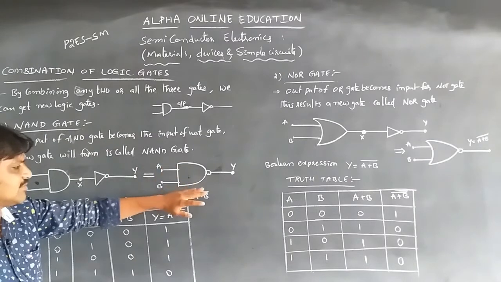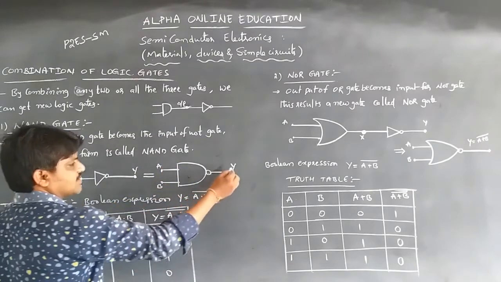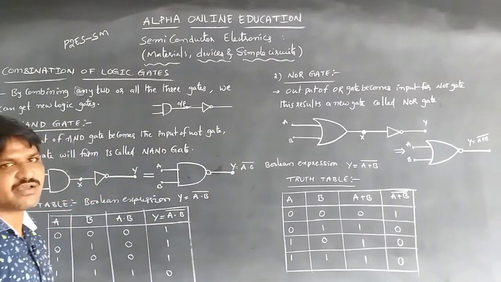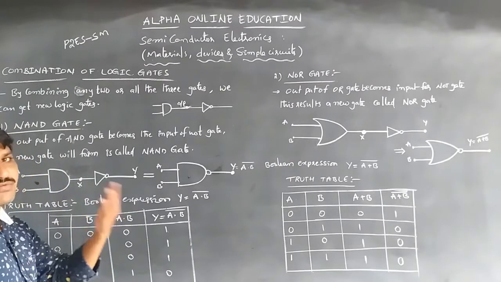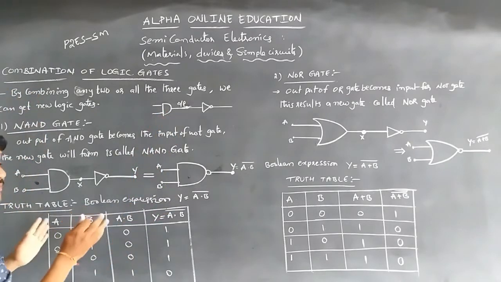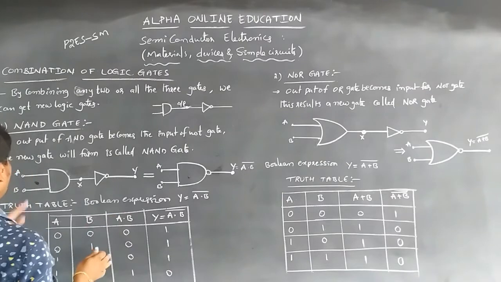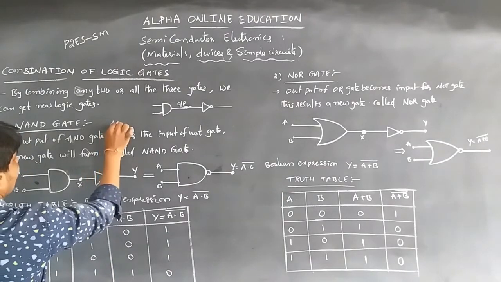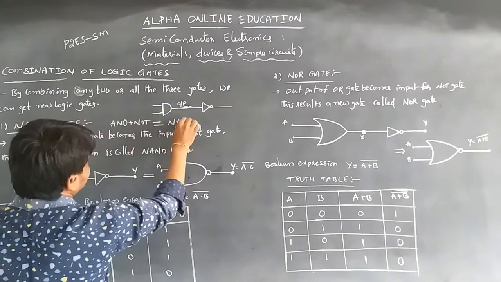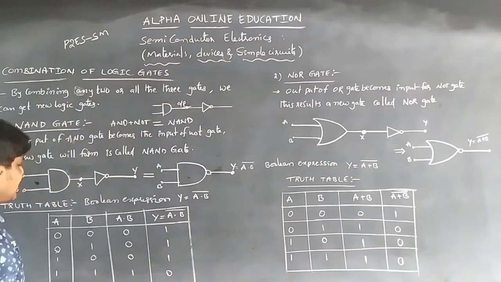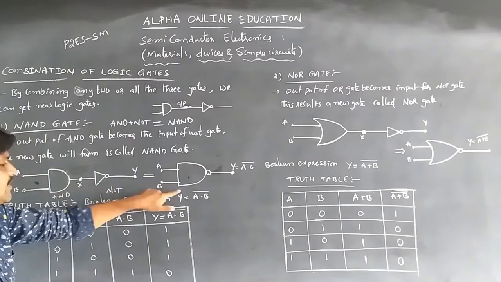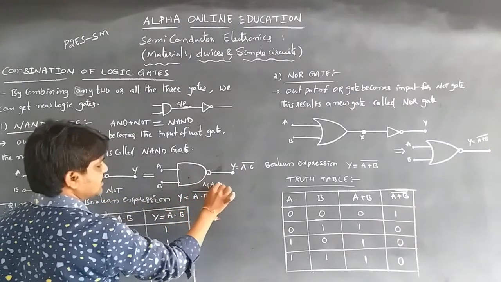This is the symbol of the NAND gate. Here Y is equal to (A dot B) inverse. Inverse means the inversion, having the opposite value. If the input is high, then the output we get is low. According to that equation, we already know the truth table of the AND gate, and AND gate plus NOT gate is equal to the NAND gate. This is the AND gate and this is the NOT gate. From these two gates we get the NAND gate.